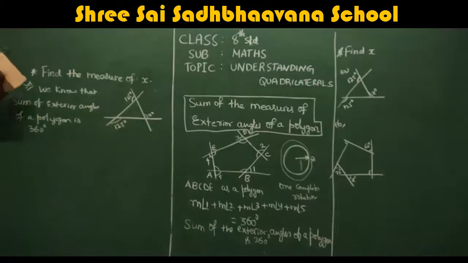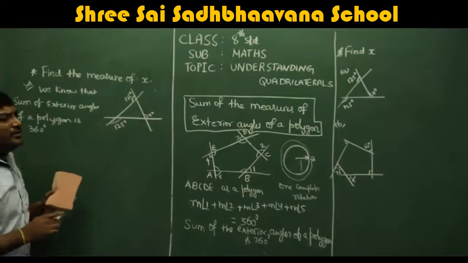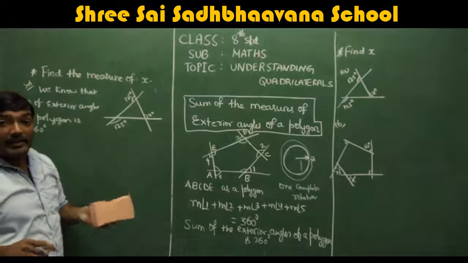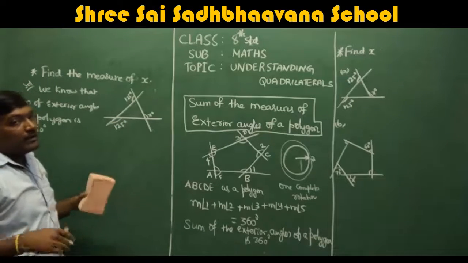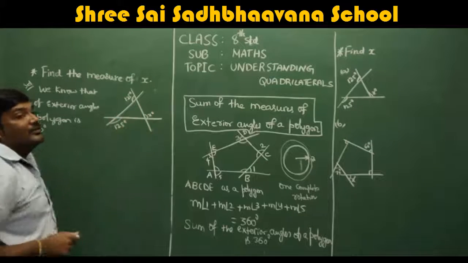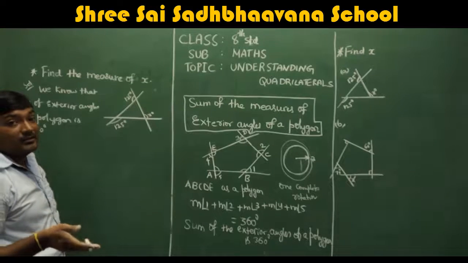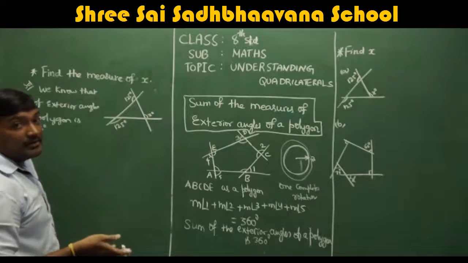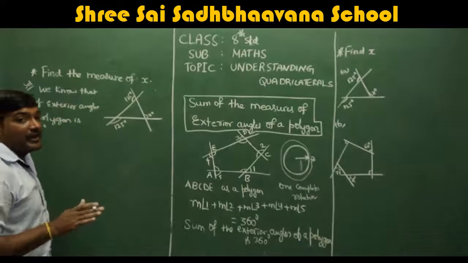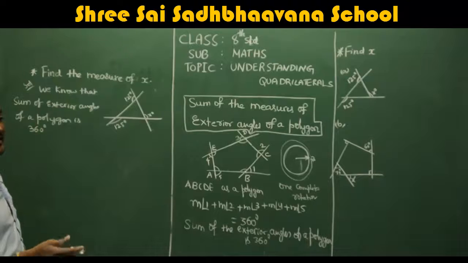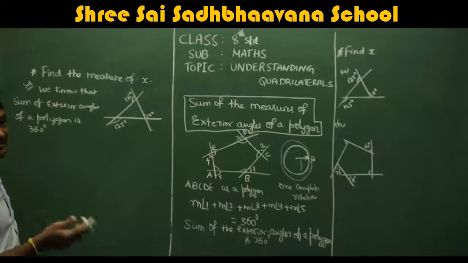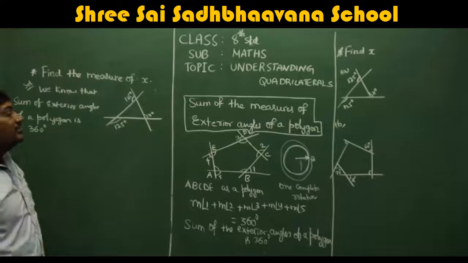Here, remember, we are using the same property, but one thing to understand is that it is a triangle. A triangle is also a polygon, as I discussed before. Here also, the sum of all the exterior angles is 360. For a triangle it will not become 180 or 270. There is no difference in the sum of the exterior angles. Always remember, whether it is a triangle, or four sides, or a polygon having 10 sides or 8 sides or 6 sides, the sum of exterior angles is always 360 only.